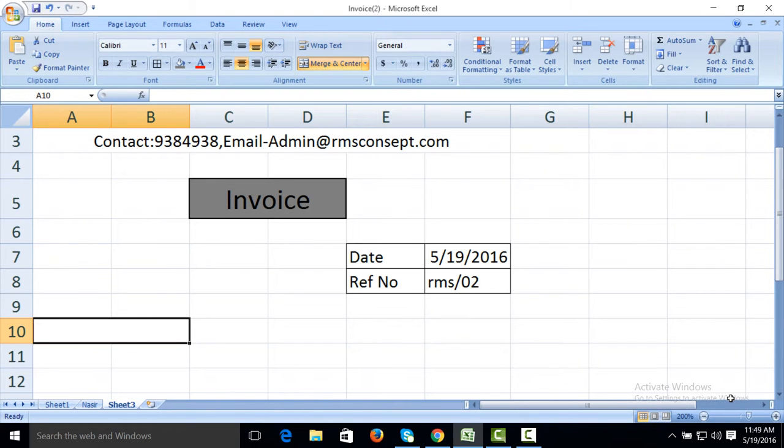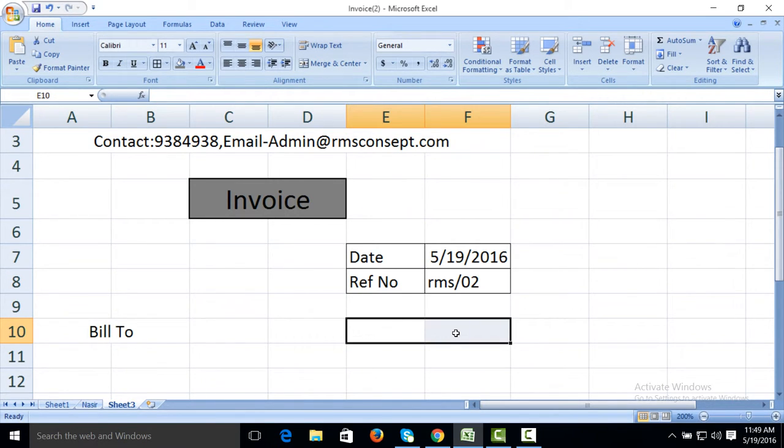We will write here bill to, and we will write here ship to. Means bill to address, ship to address.